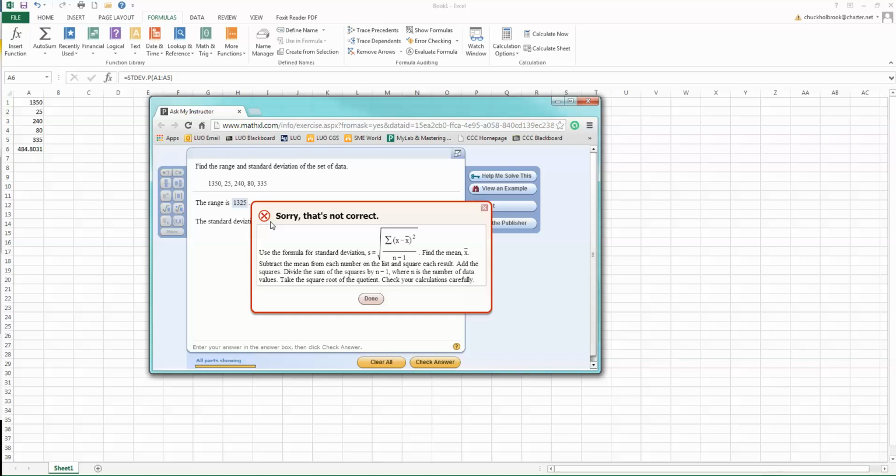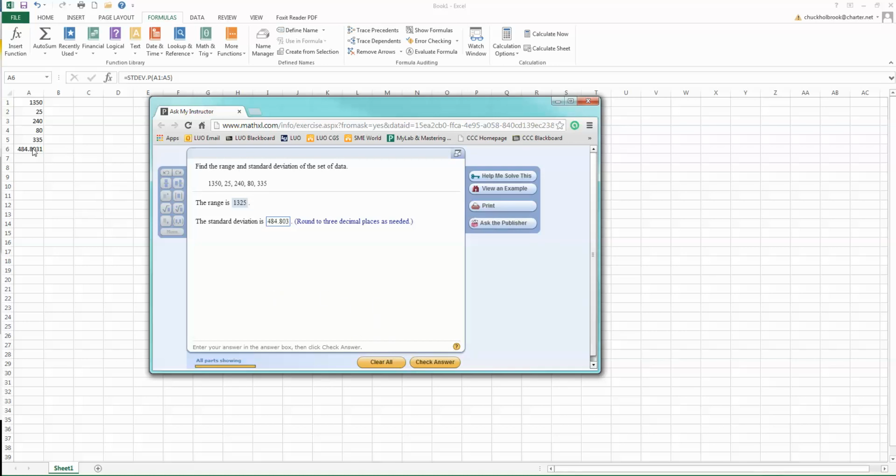Left click enter, and that tells me that it's incorrect. And now when I look at this, it says n minus 1. So what they're telling me is that this is actually a sample. So we'll go back into